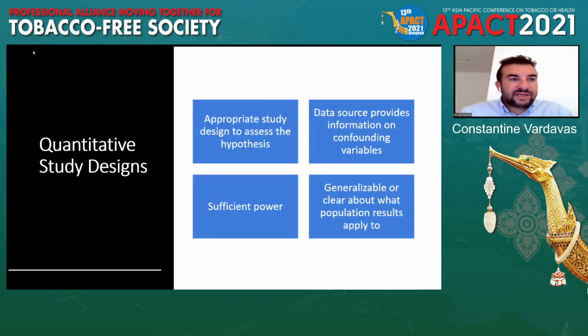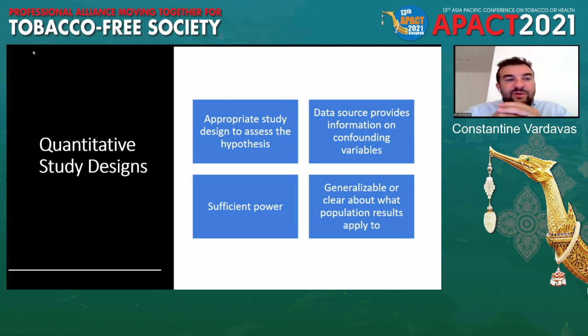Now, of course, when you have studies designed, there are two different types of studies. So the quantitative and qualitative. Now, quantitative is when you're effectively getting a more, let's say, bigger picture of things. And on the other side, qualitative is when you have more like focus groups, things like that.